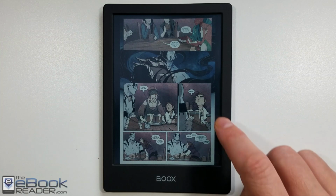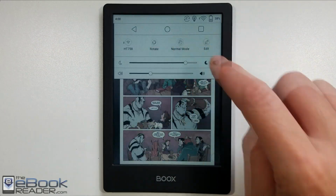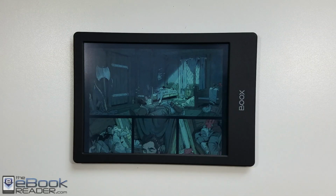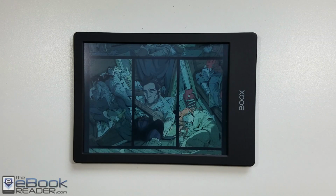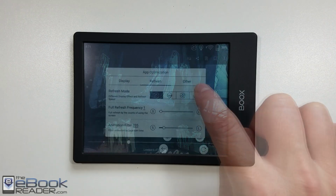So here's just a look at a typical comic on here. A 6-inch screen obviously isn't ideal for this type of content. It is kind of weird that their first devices using these new color screens are 6 inches, but you can switch it over to landscape mode. It is usable either way you want to go about it here, but it does really look good with the color content. It's still not going to be as vibrant as an LCD tablet or anything like that, but if you know how e-ink screens work, it's pretty cool how they managed to get this color content